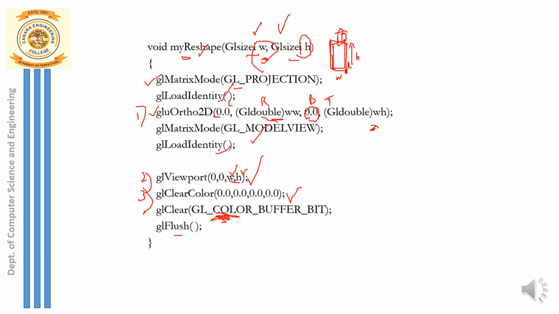So these are the three things you have to do whenever a reshape function is called. Reshape is nothing but increasing or decreasing the size of the display window. First step, you resize your clipping window parameters, so the right and top parameters are set to the new width and height returned whenever the event occurs. Second step, you define a new viewport with the new width and height of the resized window. Third step is setting the background to black.